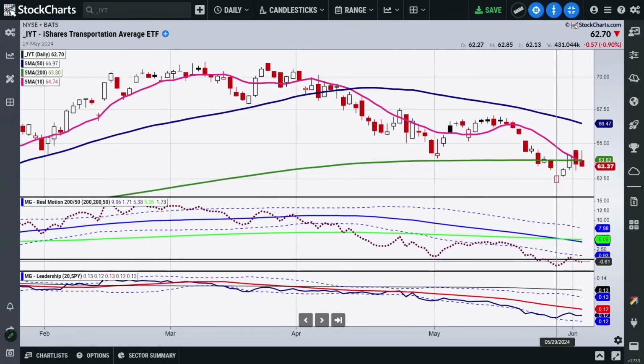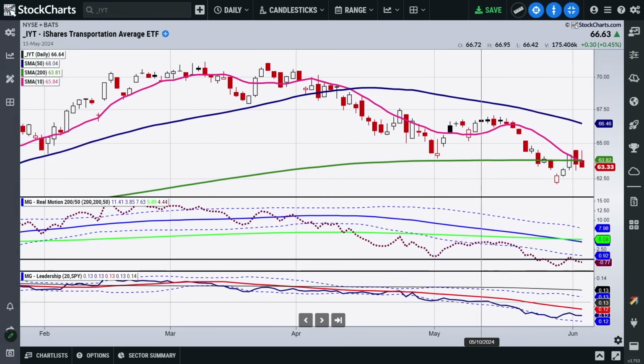Now, we also here, looking at the momentum indicators, we had a mean reversion to the upside right when we had this little bit of rally here. But it didn't last very long, and it never was able to clear the moving averages. And now we're actually below the zero line. We're certainly not at the momentum levels we were when we made this low a couple of weeks ago. But nonetheless, momentum is not going in the right direction.